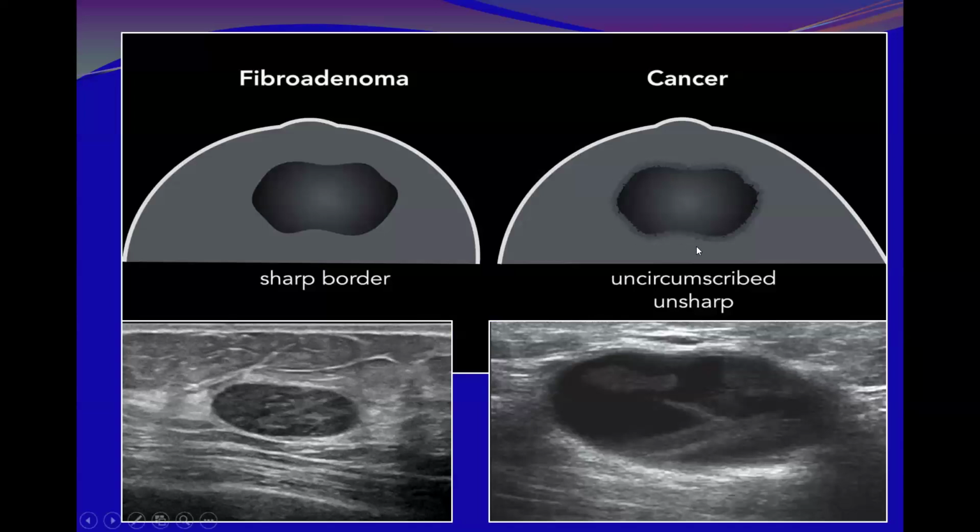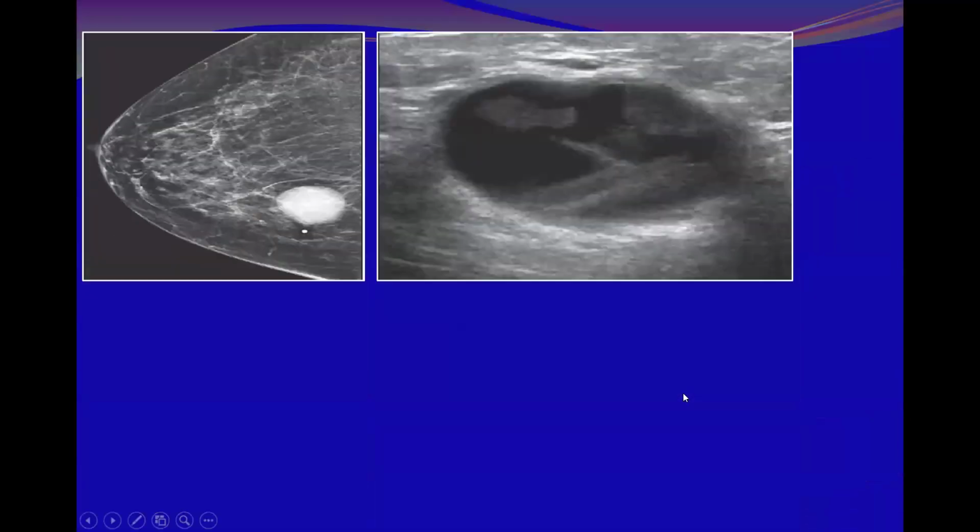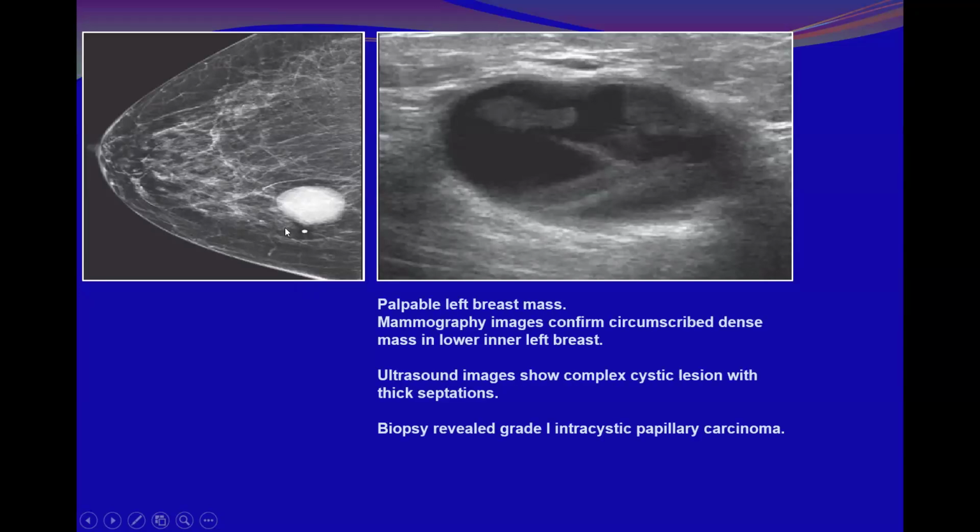So even circumscribed lesions can be like this, with sharp, smooth margins, as seen here. This is unsharp. The margin is not sharp, so I'm not going to consider it circumscribed in this case. And that was the mammography here. It also seemed to be indistinct. Only this border is sharp, but here it was indistinct, and the case was a complex cystic lesion on ultrasound,